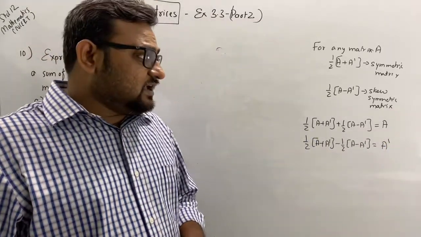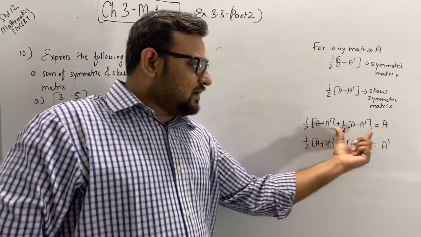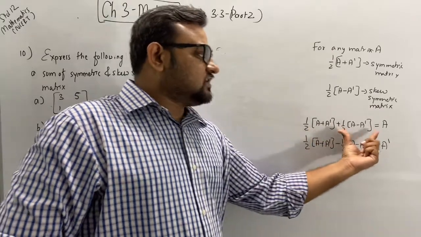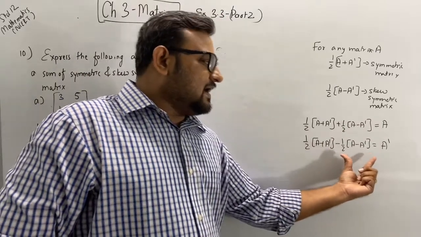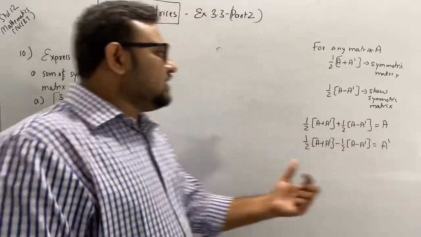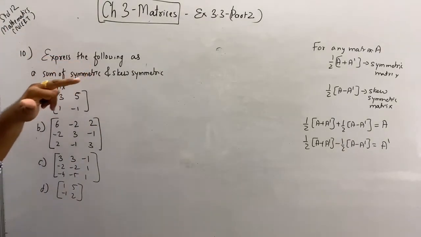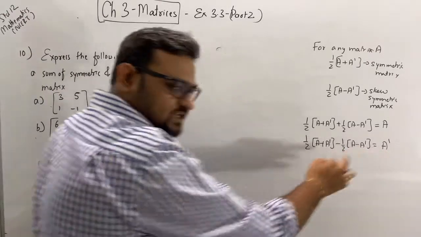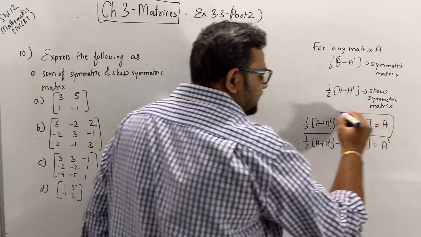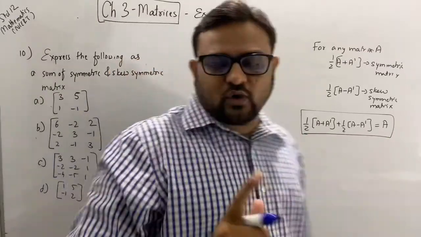Okay? So now see, if I arrange matrix A as 1 plus 2, symmetric plus skew symmetric. Okay, and here symmetric minus skew symmetric. Clear? So see what is asked? Express the following as a sum of symmetric and skew symmetric matrix. Clear? So now what I will do, this is not necessary. For this sum, this is necessary. Right? So I will erase it. So I will do any one sum for that.